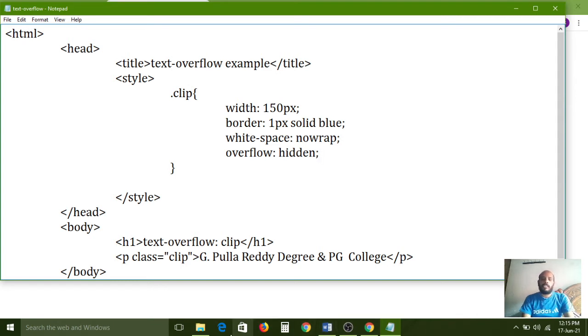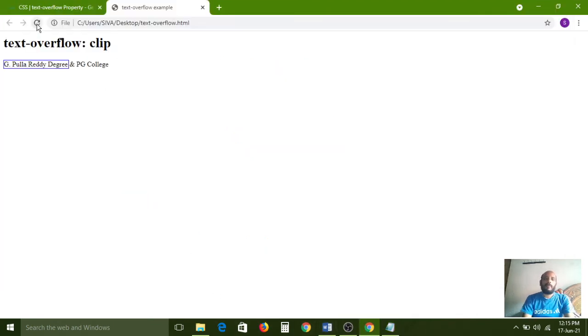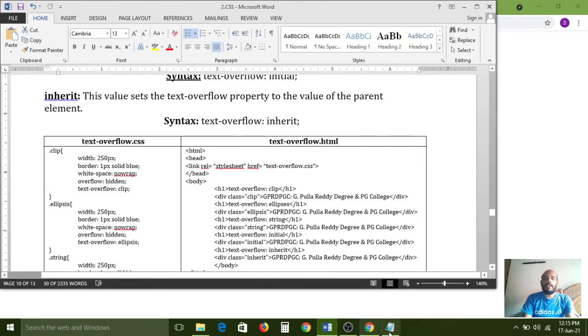Again you need to save this file and refresh the page. So the remaining text is not visible now. By default, the value of the text-overflow property is clip. Clip is the default value.